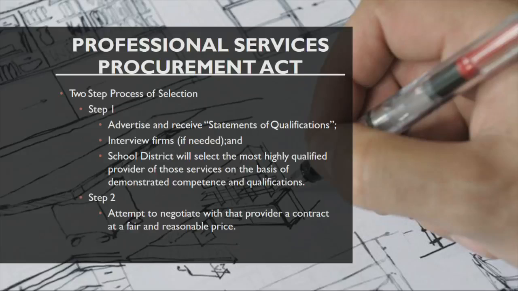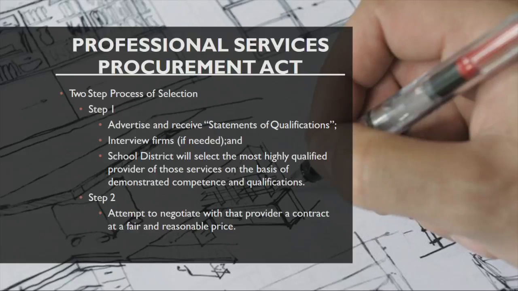Essentially, step 1 is that you're gonna request qualifications. So essentially, professionals, whether they be architects, engineers, are gonna submit their statements of qualifications. So the school requests qualifications, people provide their statement of qualifications. The board can then interview all the responsive entities, and then the school district is gonna rank based on qualifications. So price cannot be a factor when selecting who the most qualified professional is. Essentially, you create a list 1, 2, 3, 4, 5, and you try to negotiate a contract with number 1, number 2, number 3, and so forth. And that's how you select professionals.